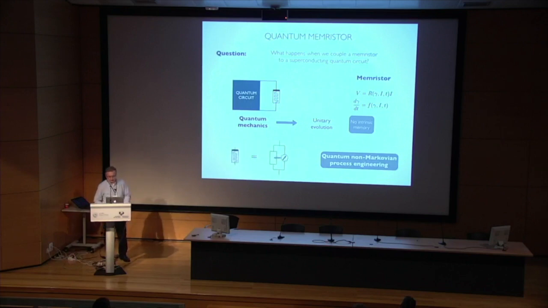And this is going to happen by having a dissipative environment, as is known, and we will have weak measurement of a circuit variable. We're going to put a circuit variable here. We're going to make some weak measurement of that quantity. And then we propose that there be a classical feedback controlling the dissipative environment. This is our idea. This is how we propose to implement a quantum memristor.